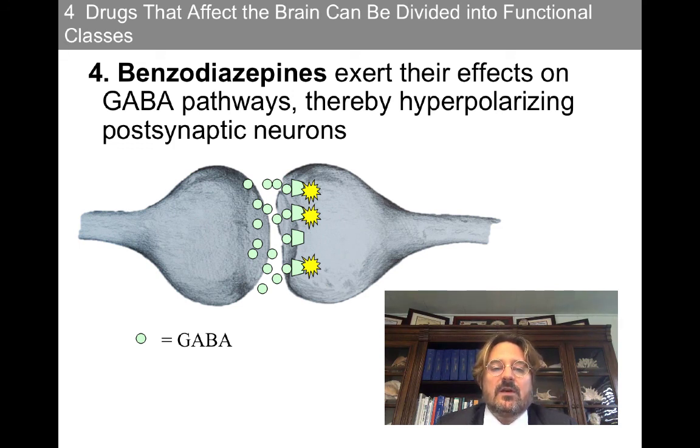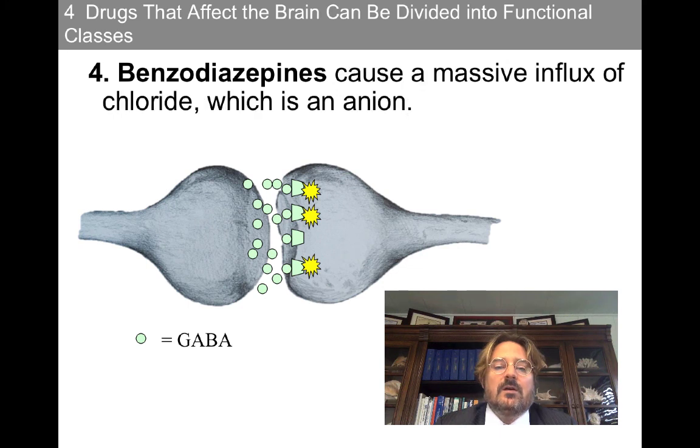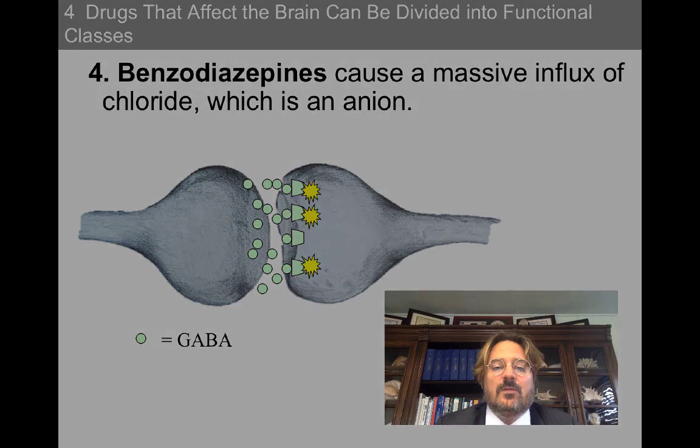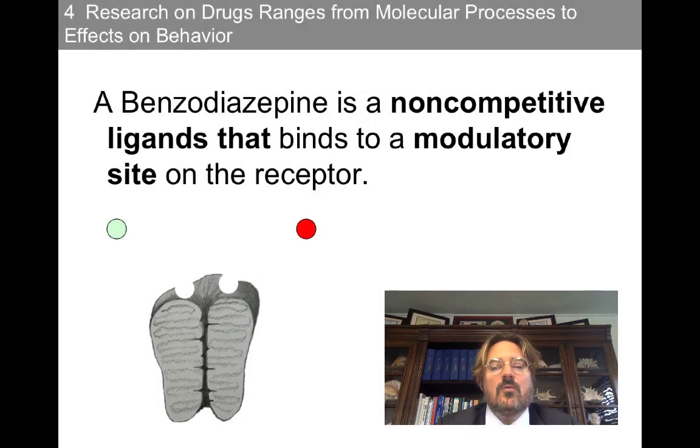So here we see the green circles are going to be this exogenous ligand, and they are going to affect these GABA sites, thereby causing these local potentials. They're going to cause a massive influx of chloride. Anytime these receptors are activated, chloride is going to hyperpolarize the postsynaptic neuron. And they work as non-competitive ligands that bind to a modulatory site. So red's going to be GABA, and the green's actually going to be the